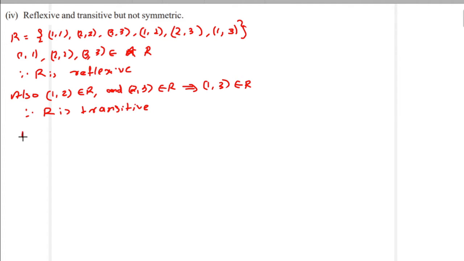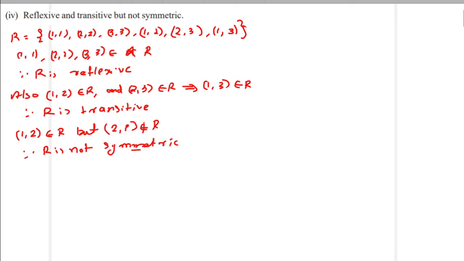Okay, then (1, 2) belongs to R, but (2, 1) does not belong to R. Therefore R is not symmetric. Okay, R is not symmetric. Clear? Next you can check symmetric,